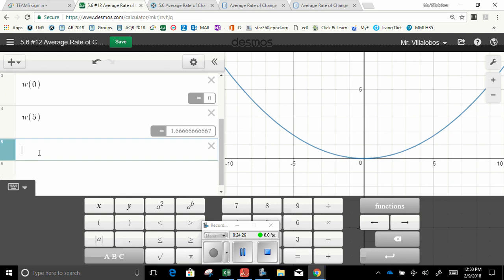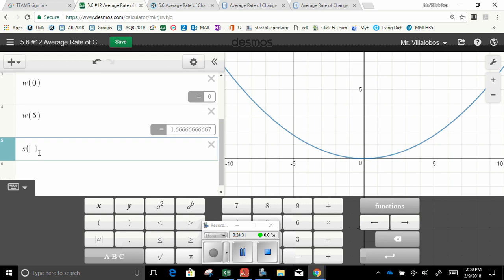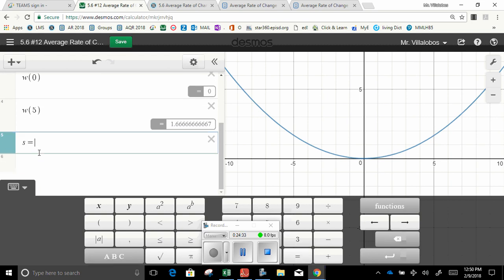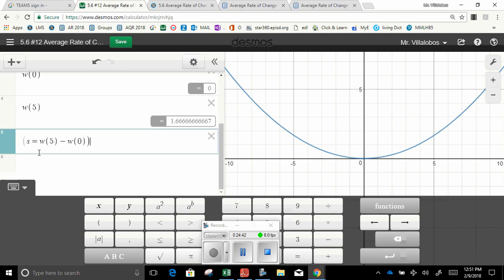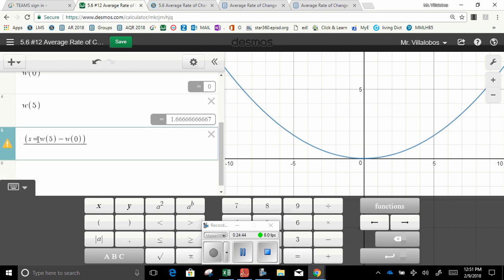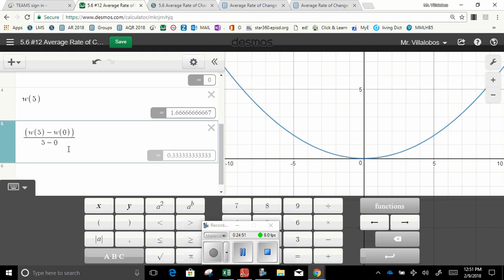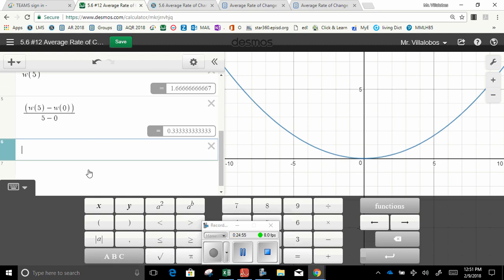To get the average rate of change, the slope of the secant, that's going to be equal to the 5th minus the start, put parentheses, divided by 5 minus 0. So that is your average rate of change. So in 5 weeks,